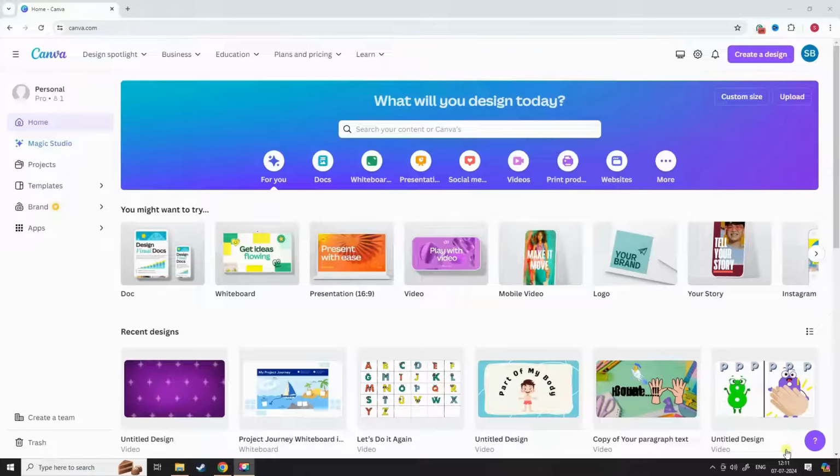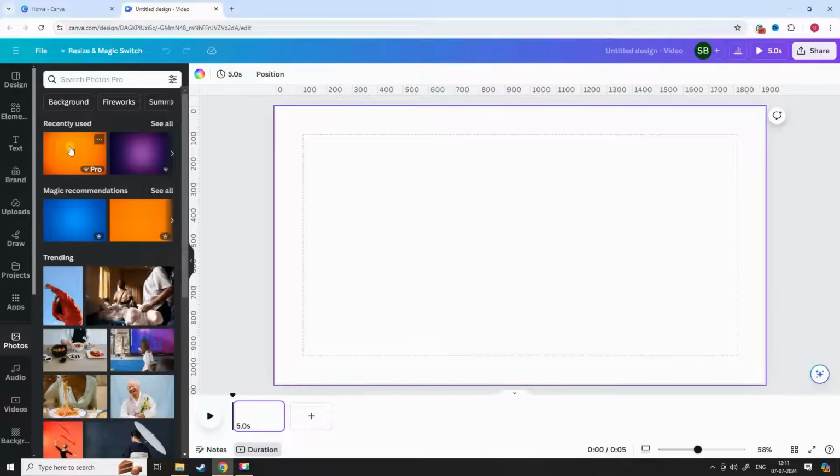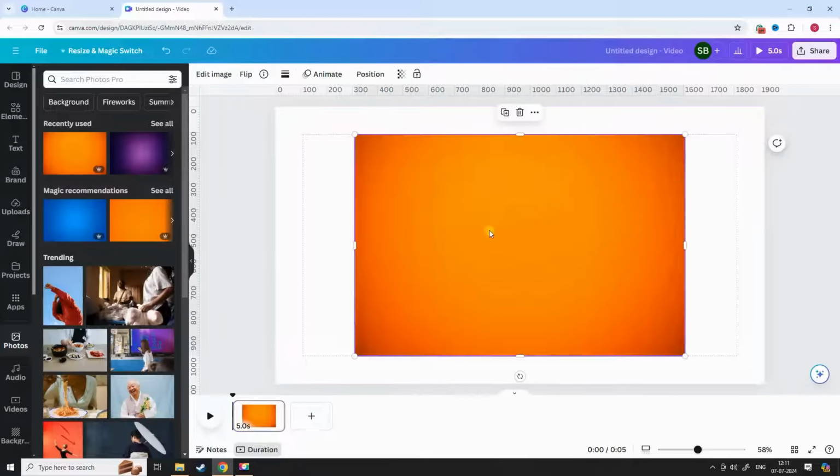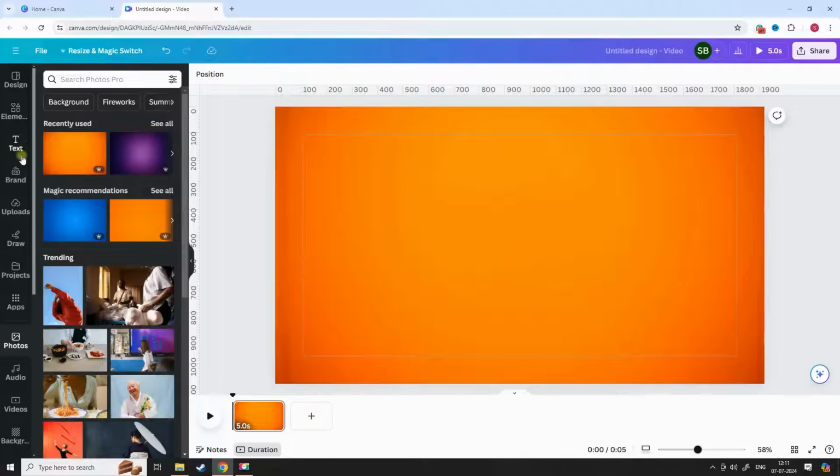Canva deserve it. Open Canva and create a new video. Choose any background you like. I am choosing this orange one. Set it as background. Next, go to Element